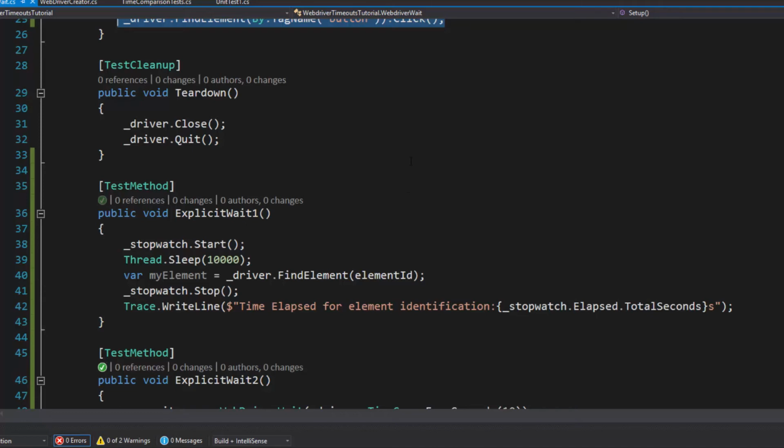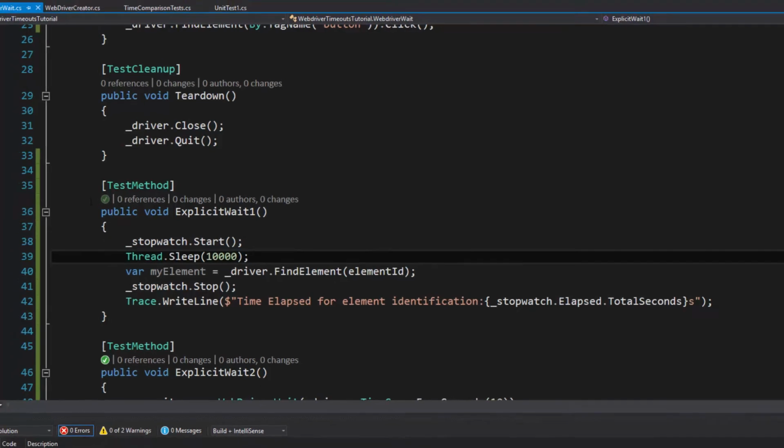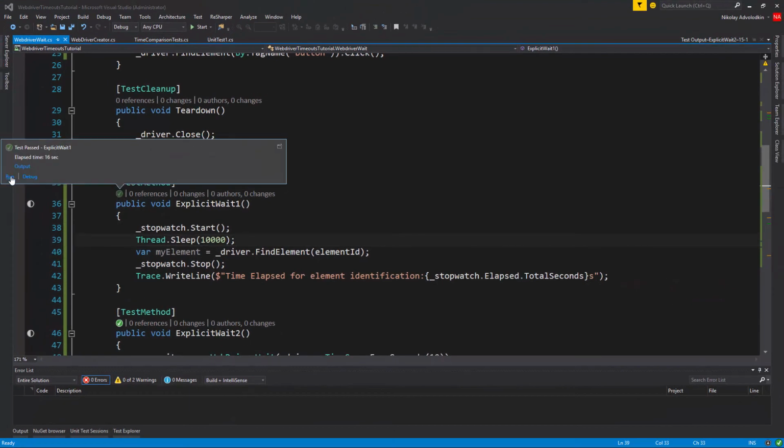So the very first example that I want to show you of explicit waits is this Thread.sleep. It is the worst example by far of an explicit wait because you should never use it. This is exactly the same thing as an implicit wait, except you're literally just hard coding how long a test is going to wait for an element to appear. And so if we run this test,